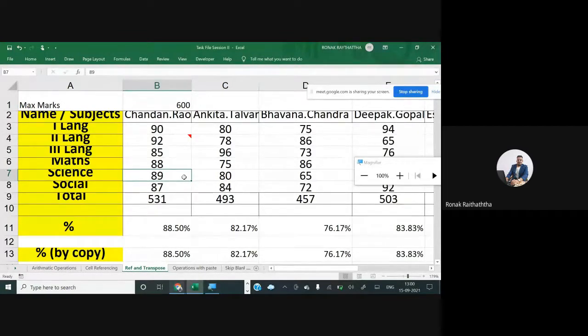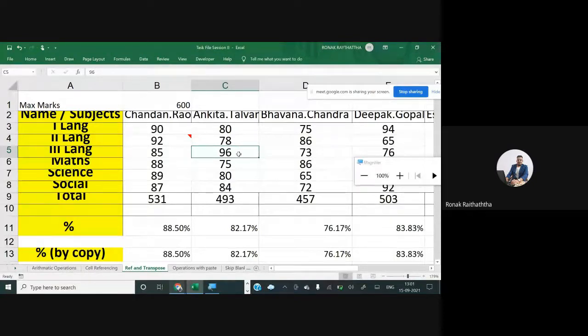We will be selecting only those cells which are more than 90 in one slot, and we'll be pasting only the comments over there, nothing else. We do not want to paste the values, we do not want to paste the formats, we do not want to paste any other thing, we just want to paste the comments. But before that, I need to select all the marks which are more than 90 in one slot. How can I do it? Let's do it, my friend.